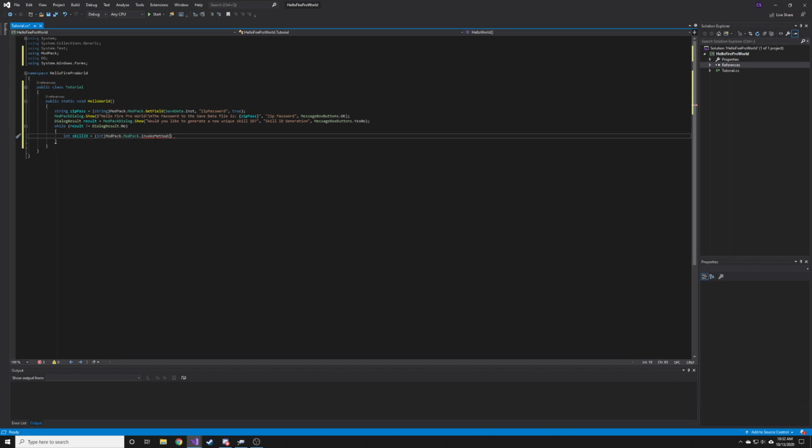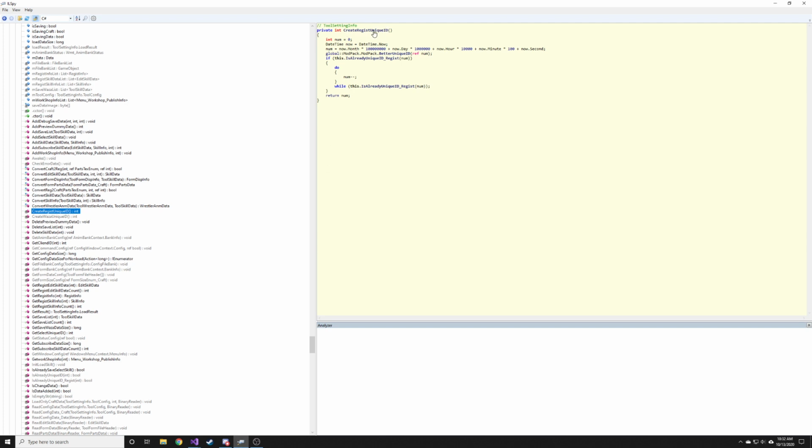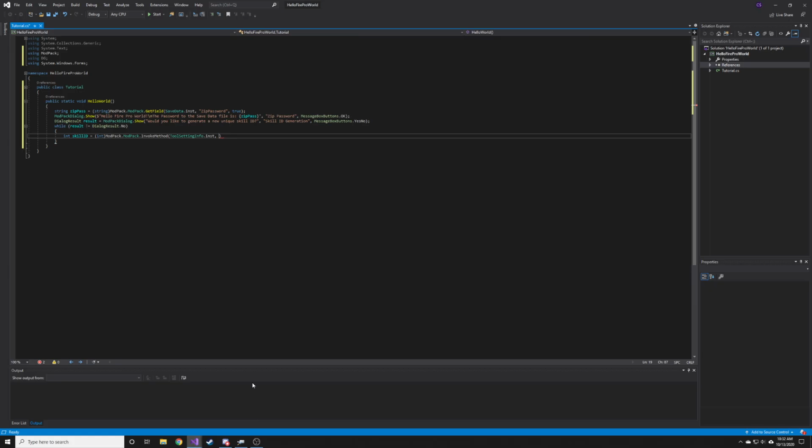So invoke method takes three parameters. It takes the instance of the object or of the class that you want to call the method from. So in this case, we are doing tool setting info.inst. It takes the method name, and the easiest way to do this, if it's something kind of silly or long like this, especially since there are some misspellings in the code here, is just to come into ILSpy, highlight it, copy it, go back to your code,